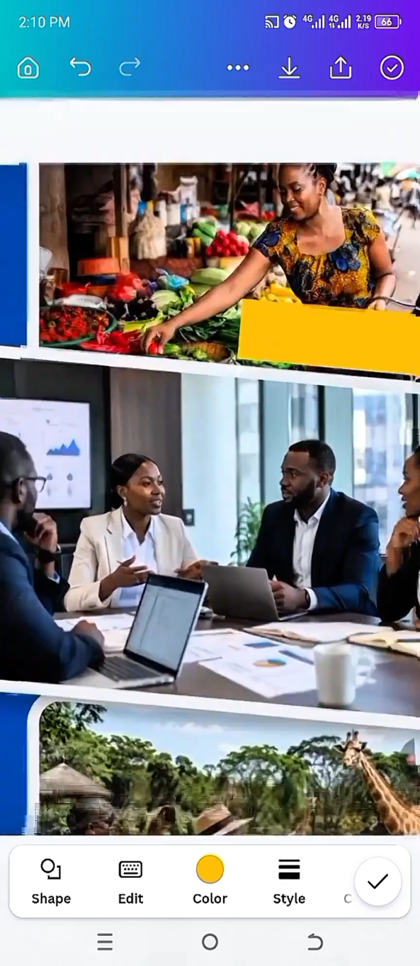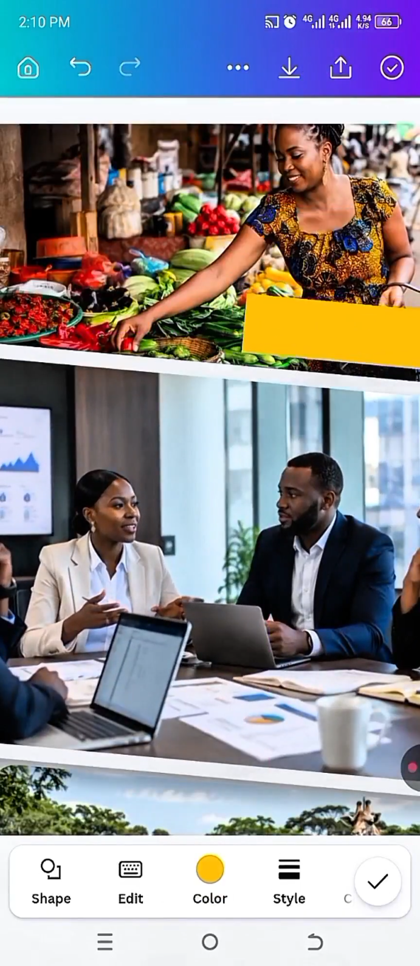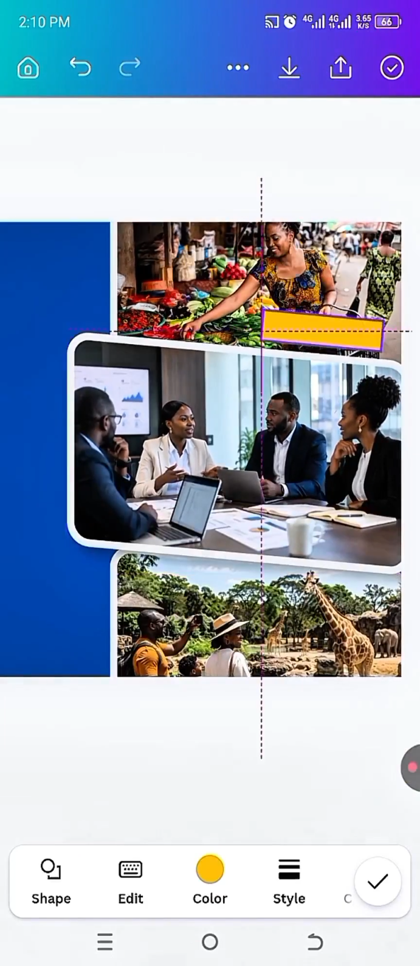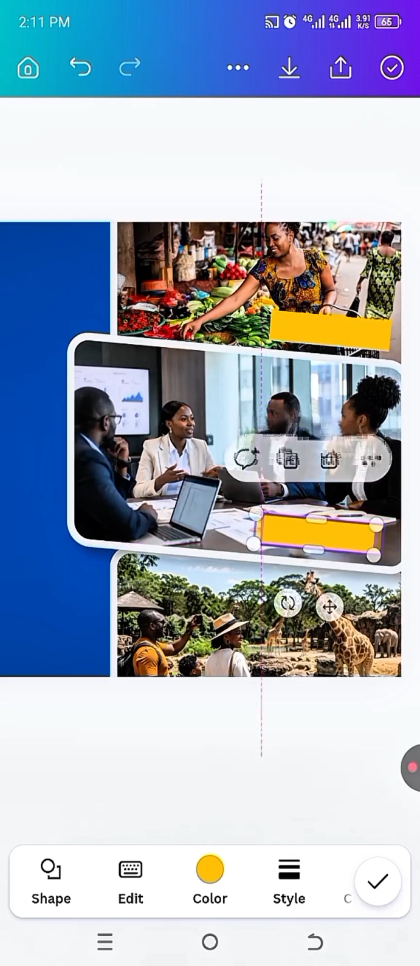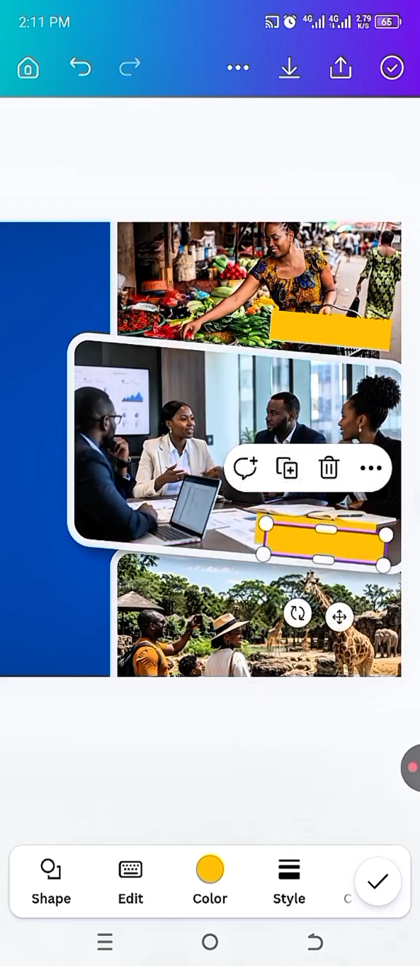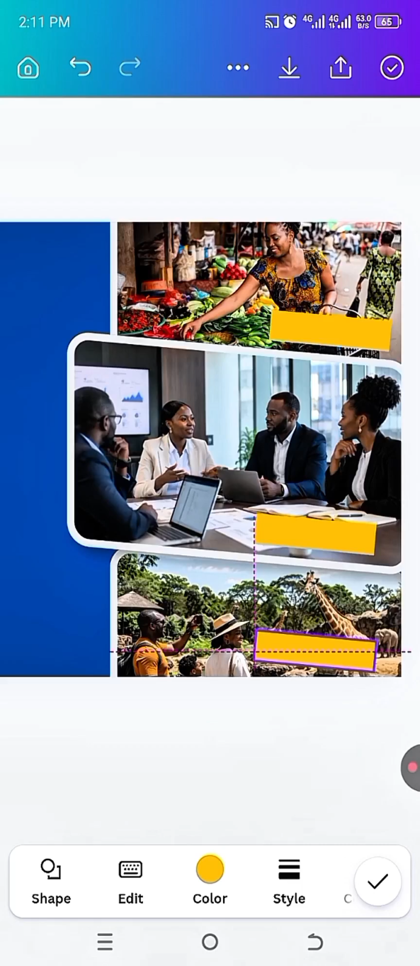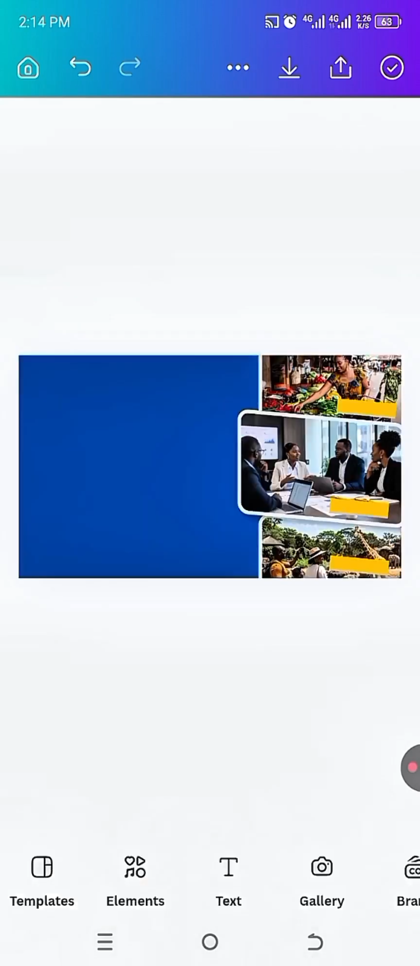Okay, it's still too big. Let me make it smaller. Then get a copy of it, place it here. Plus again, there's the plus. You see this sign there, the middle one with plus, that's like making a duplicate of something. And place it here. After putting the shapes on top of the images, you can add your text straight away,